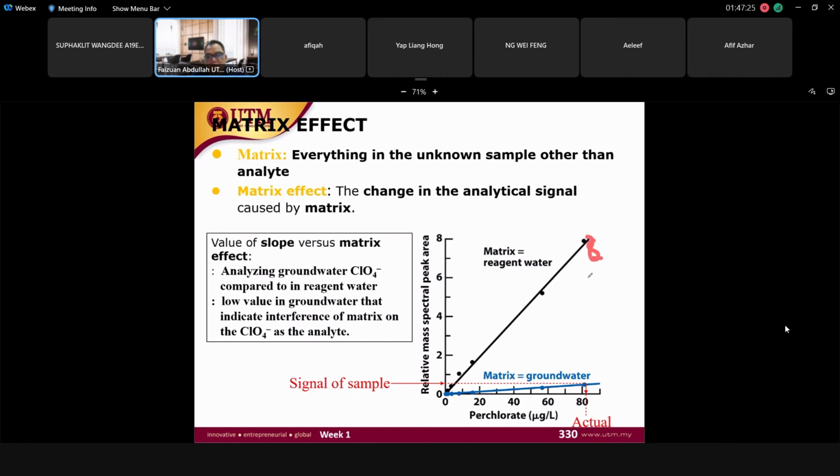The important thing for the calibration plot is you must start the concentration at 0 ppm, so the absorption is 0 and the concentration is also 0. This is normal calibration. But for the standard addition,